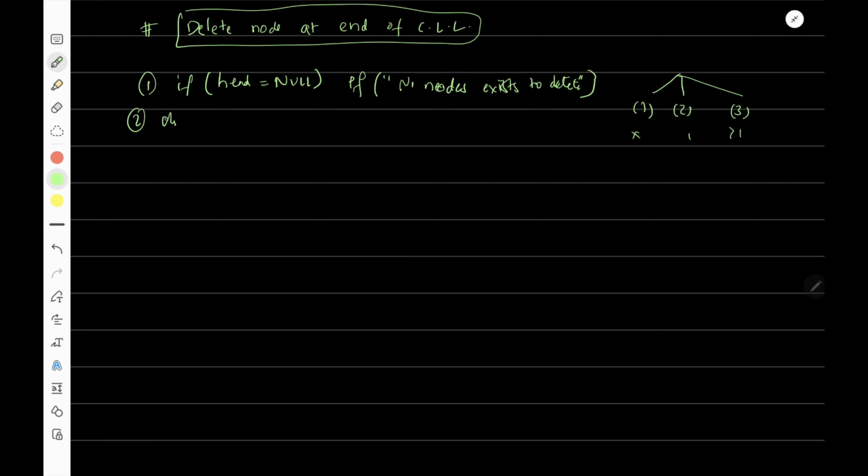In second step, else if, so if there is only one node, that is if head is equal to tail, so we'll analyze. How will it be if there is only one node existing? This is how it will be, right? Head is pointed to this node and tail is also pointed to this node, so both head and tail are pointing to this node. So if head and tail are pointing to this node, it means there is only one node existing. So the best we can do is simply head is equal to tail is equal to null,